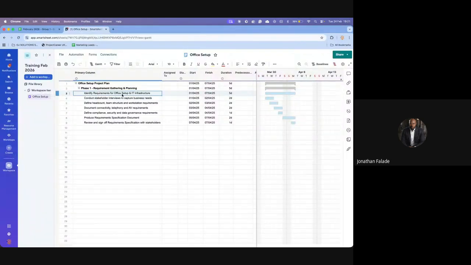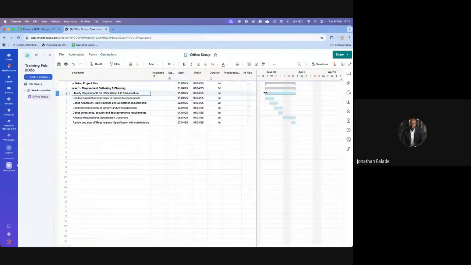Or if there's an activity within that phase that starts earlier than a task in phase one, it will pick that date as the start date for the project. Okay, so let's carry on. Now, as you see here, this doesn't show us any connectivity, it doesn't show us any dependencies, right? So as far as it's concerned, all these activities are standalone,